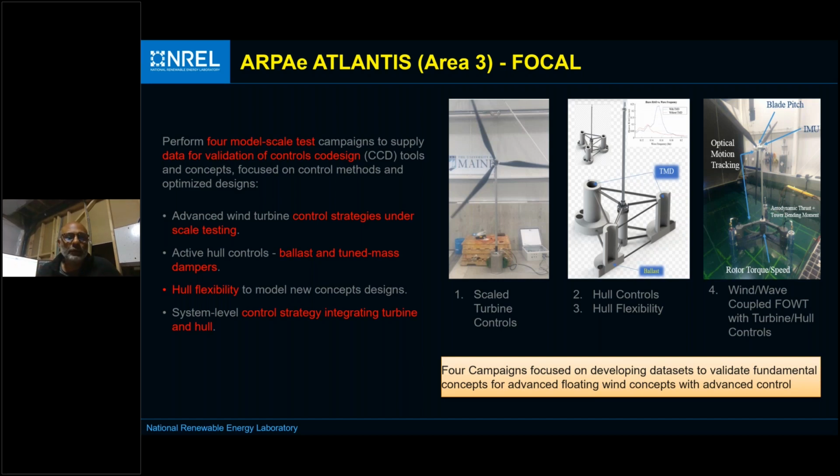And then they're going to look at 2 different types of active control on the hull. One which is ballast, which is definitely low frequency, right? Because it's very difficult to move ballast back and forth. So you have active control using ballast, and also there's another one called tuned mass dampers that are going to be looked at